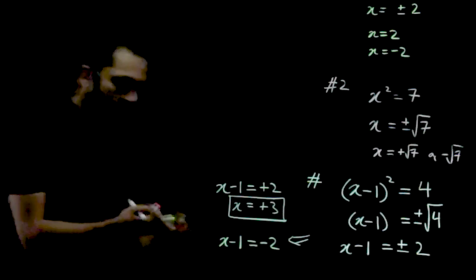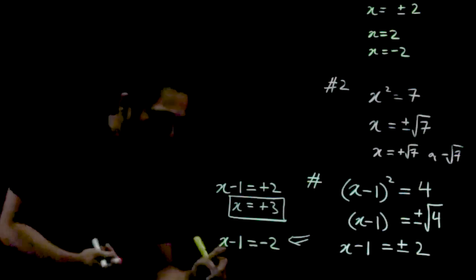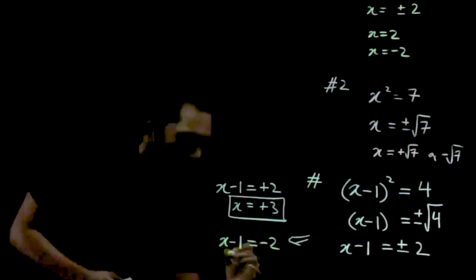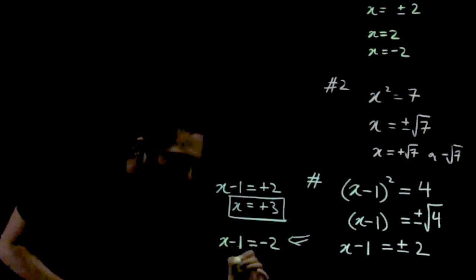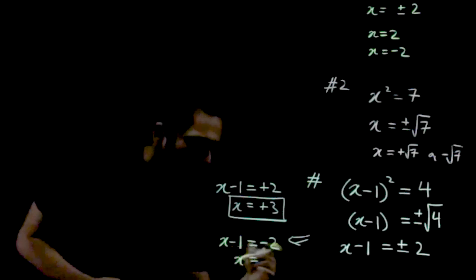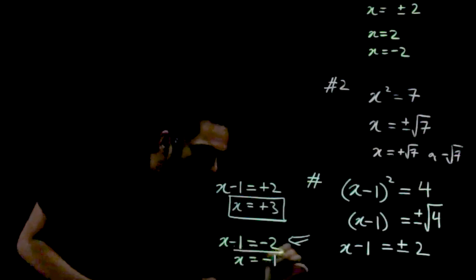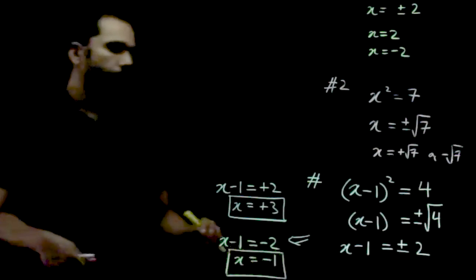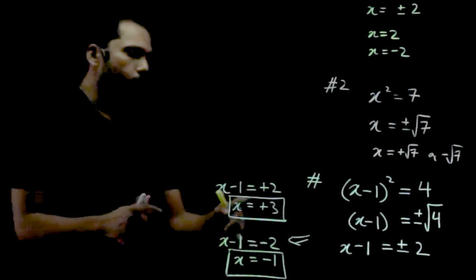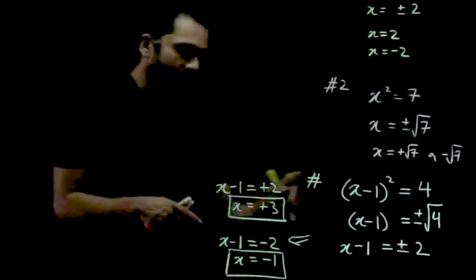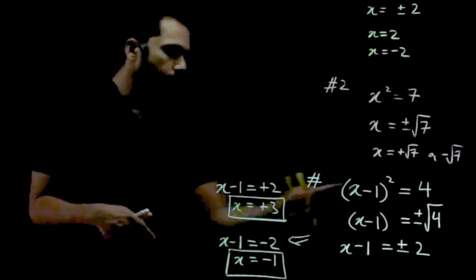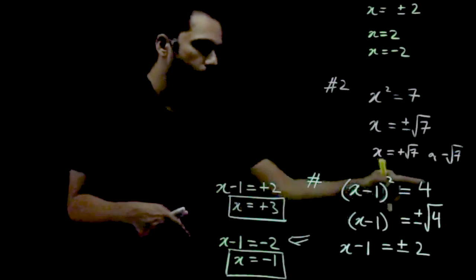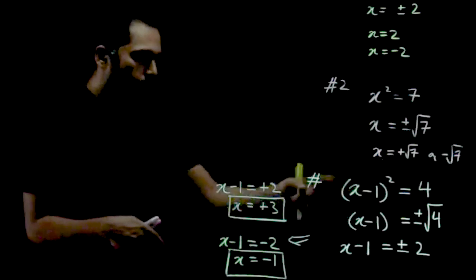And so the same process I do for this, it's a simple linear equation in one variable. So what we get is x is equal to minus 2 plus 1, which is minus 1. That's my other solution. So I'll go back to the original question and put it in and check whether my answer is right or not. 3 minus 1 is 2. 2 square is 4. Yes, this x is equal to 3 satisfies.